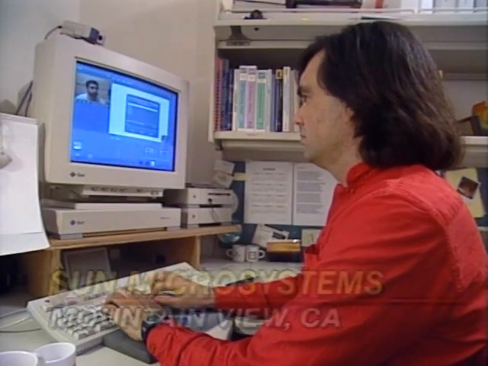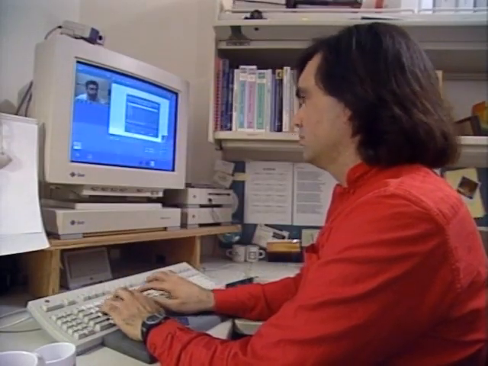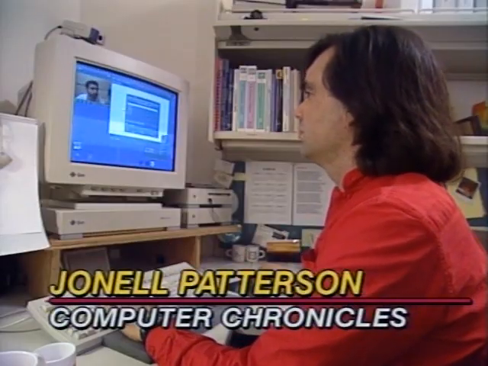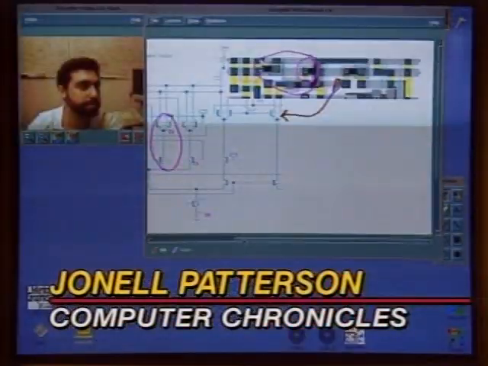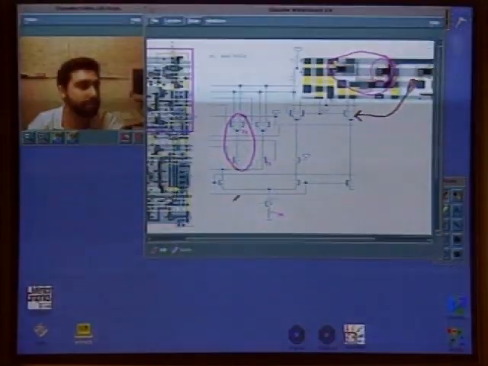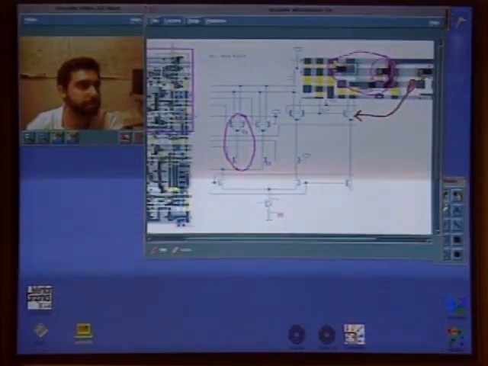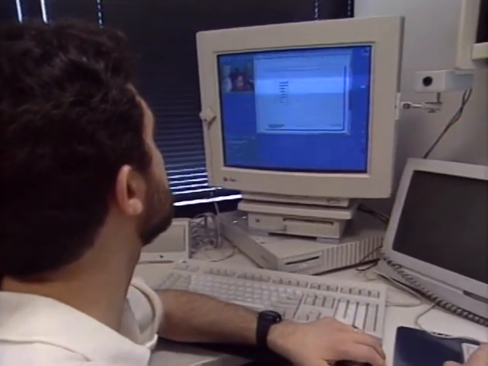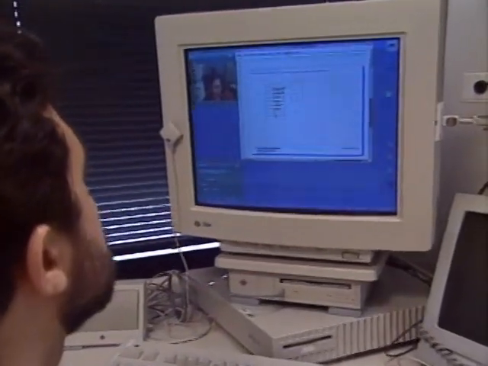All right, one approach to groupware, one way to get people working together electronically is through a video conference. That used to be an expensive and complicated process, but video conferencing is now coming to your desktop PC. An engineer working on a design schematic needs to confer with a colleague at another location. Up until now, he'd have to fly or drive there for an in-person meeting or fax the document and confer over the telephone. But these engineers at Sun just activate the Show Me video conferencing system for a face-to-face discussion